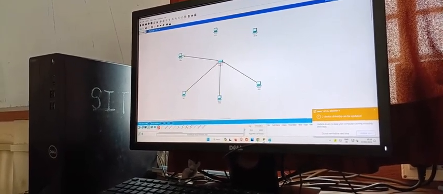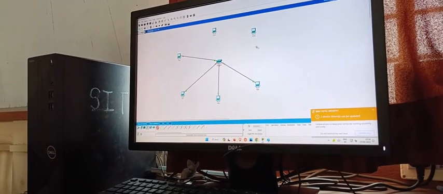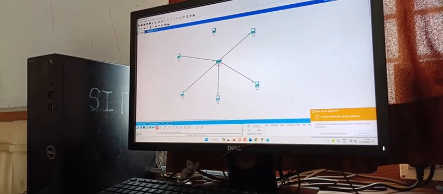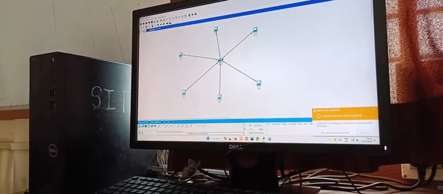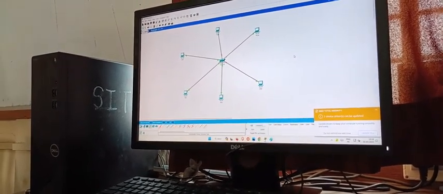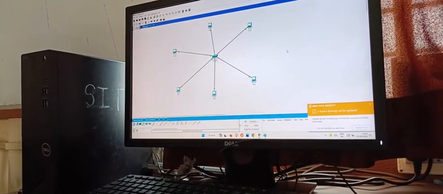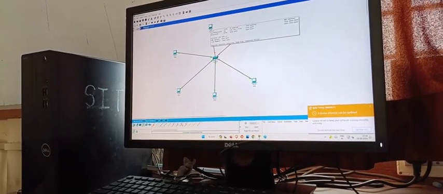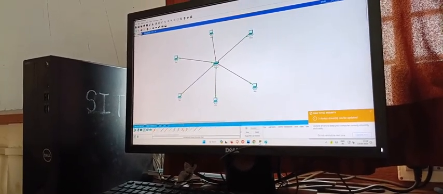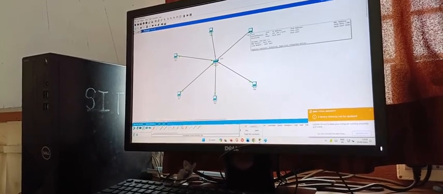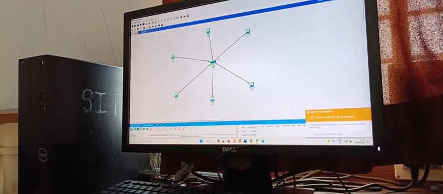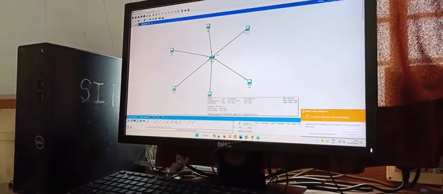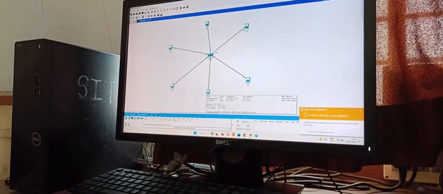And suppose, unfortunately, the same IP exists in the network during the IP configuration, then the connection or the system might give an error that the IP is already used. So here 6 is there, here it is showing 5, it is showing 4, and it is saying the same IP is there.